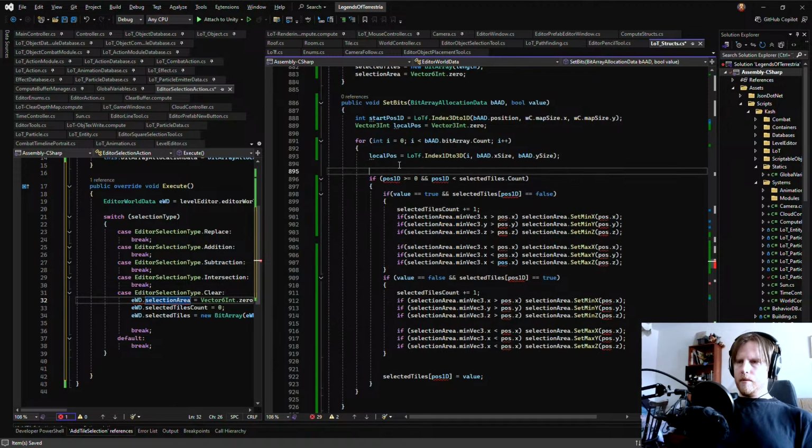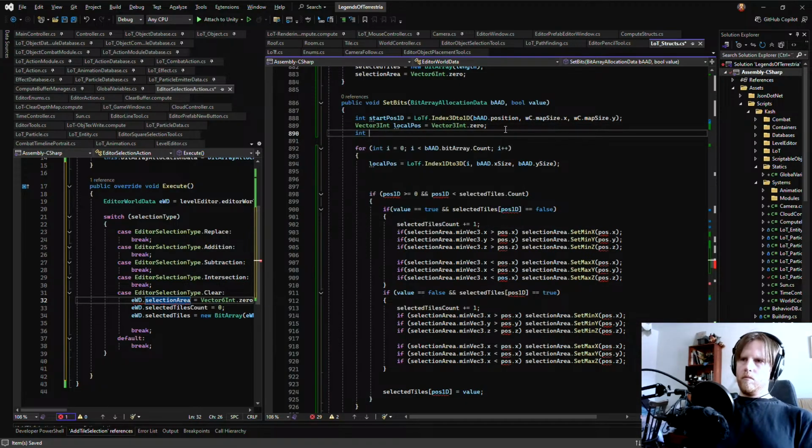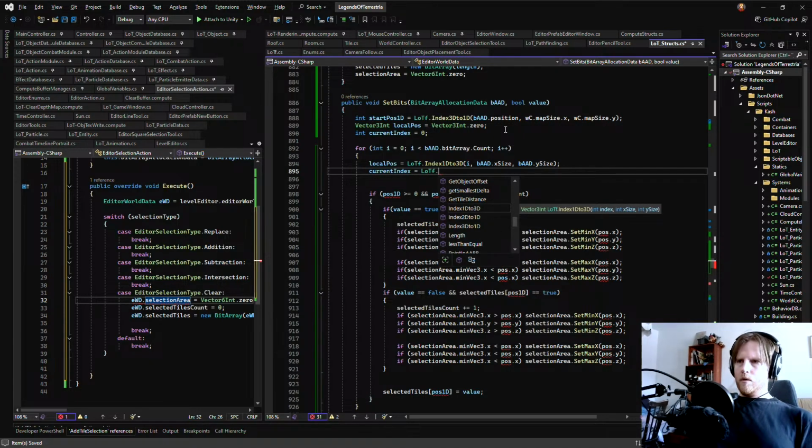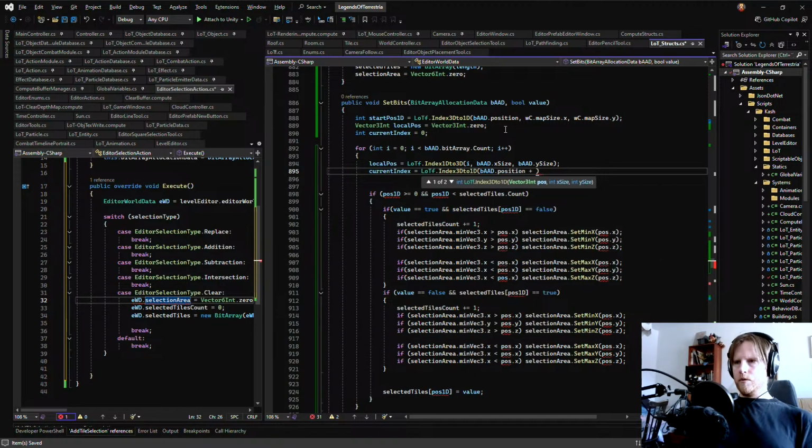And then we have to say current index equals LOTF dot index 3D to 1D, bod dot position plus local position.